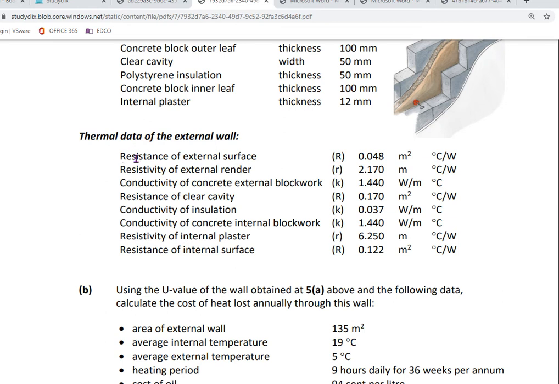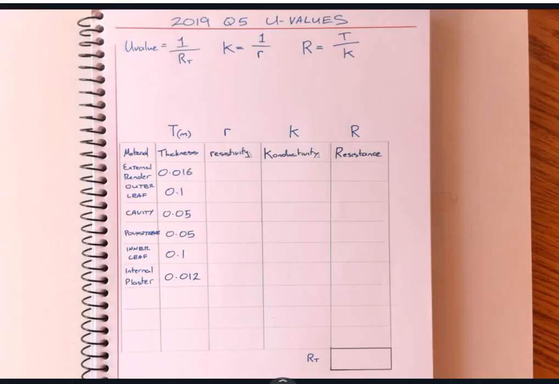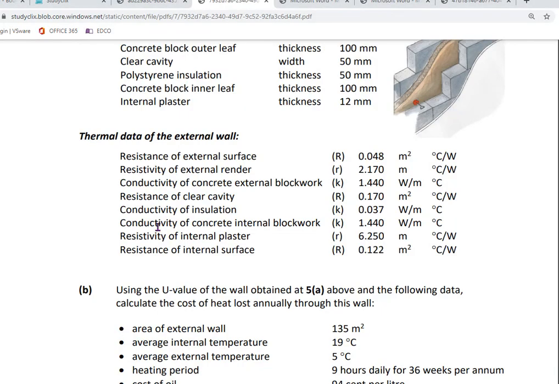All I do is input every single one of these into my table, and I have to account for all of them. There's 2 extra that are going to be added in when you look back to the question. So at the minute I've got 1, 2, 3, 4, 5, 6 pieces of information in, but in the question I've got 1, 2, 3, 4, 5, 6, 7, 8. So I have 2 extra pieces of information to put in here, and those 2 are resistance of the external